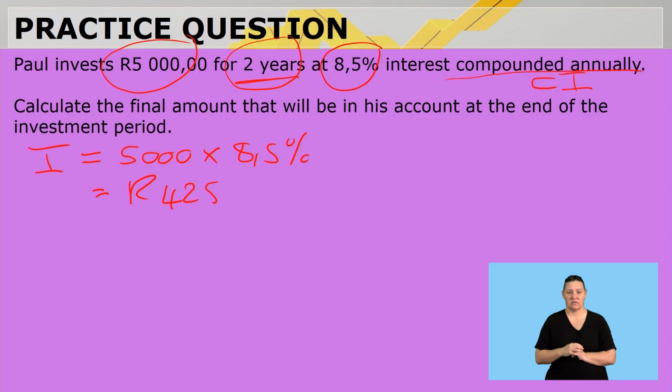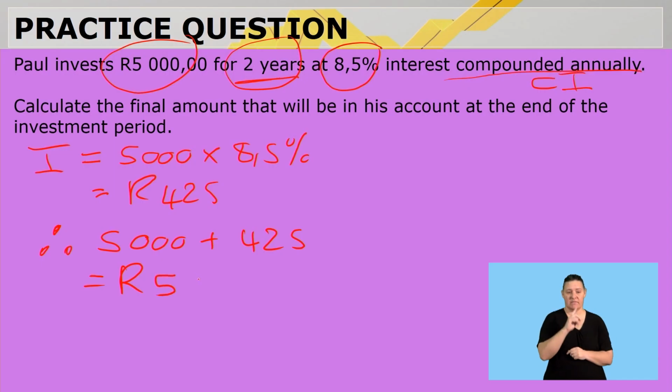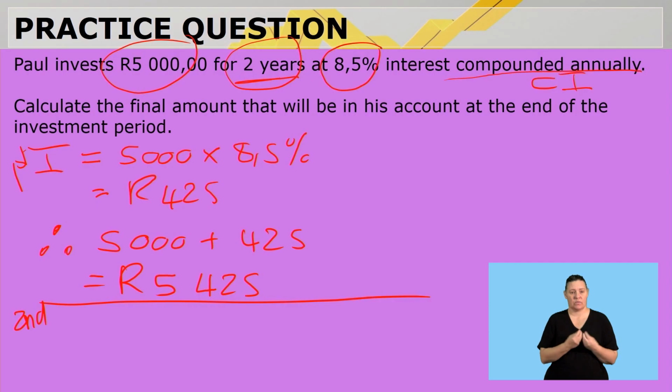So going into the second year, he would have saved 5,000 plus the interest 425 Rand. So he will start with 5,425 Rand in his second year. So that is my first year. Let's look at the second year. So now, the second year, the initial amount changed to 5,425 times my 8.5%, and that is